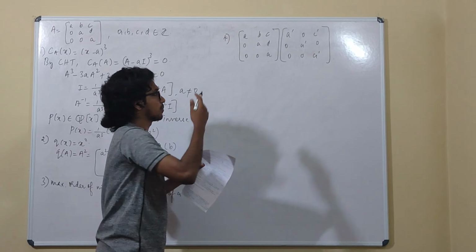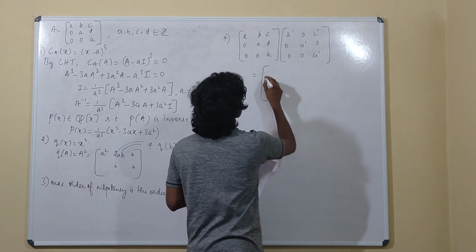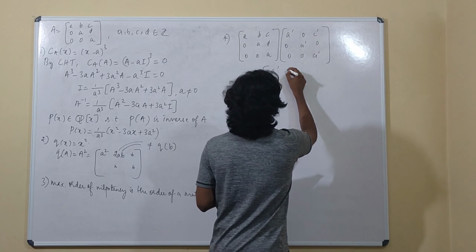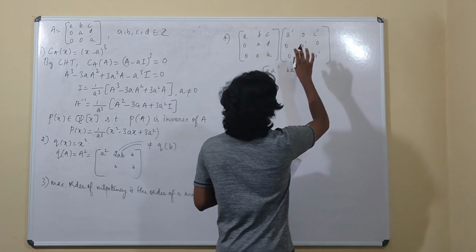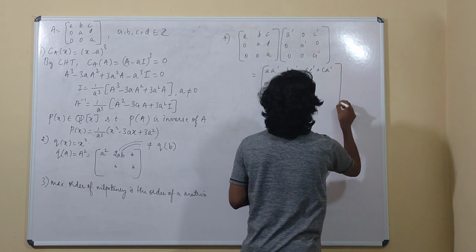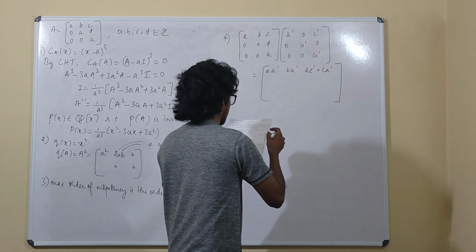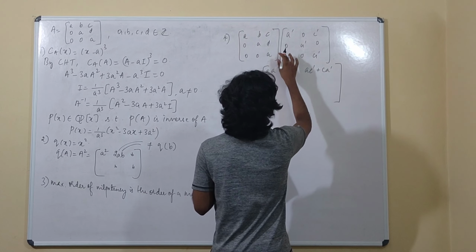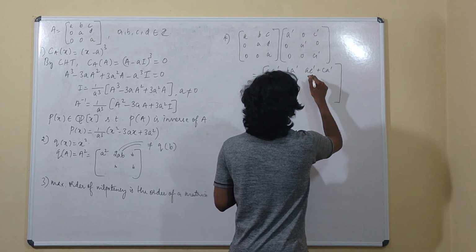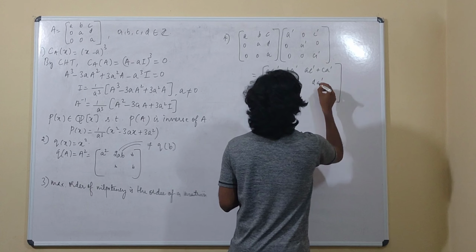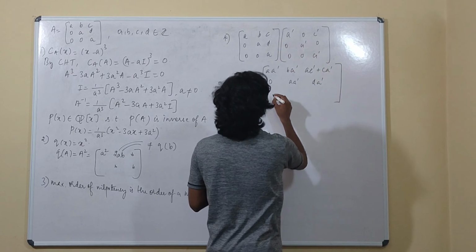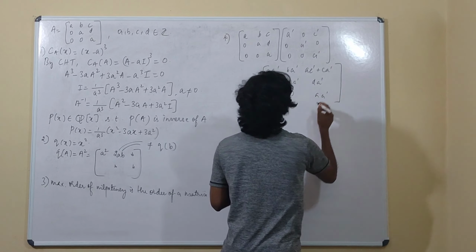Okay, this we can very well check by just doing the matrix multiplication. The first entry is A prime, and second we would get B A prime, and in the third we would get A C prime plus C A prime. Okay, and here this is 0, and this is again A prime, and this is D A prime, and this is going to be 0 0 A prime.